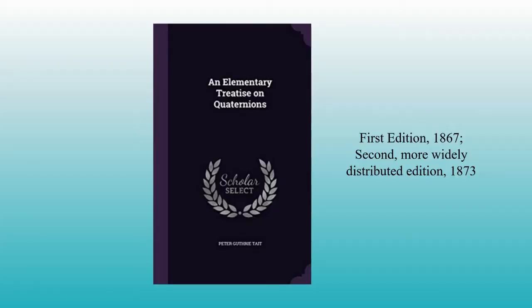In 1867, 2 years after Hamilton's death, Tait published his own book on the subject, entitled An Elementary Treatise on Quaternions. Here it is. In my view, this book may be considered the definitive text on the quaternion approach, not Hamilton's unreadable tome, and not those that came later, because they were all modified by our current model of vector analysis. It was this book that Tait offered to Maxwell, and which in turn influenced Maxwell's legendary Treatise on Electricity and Magnetism, published in 1873.